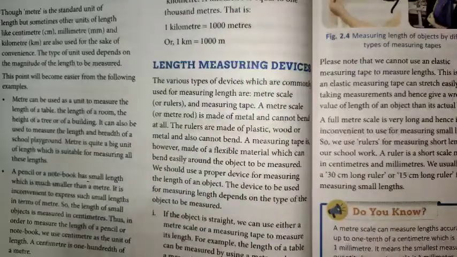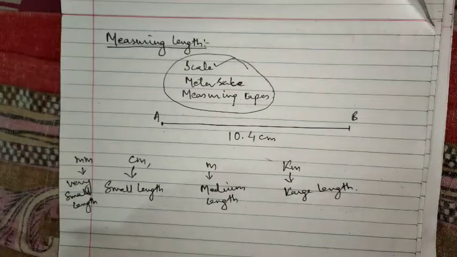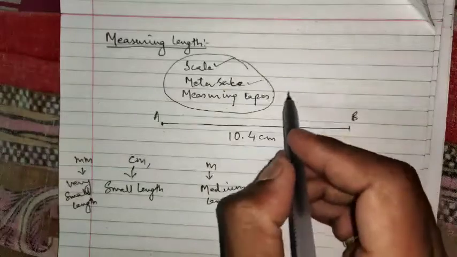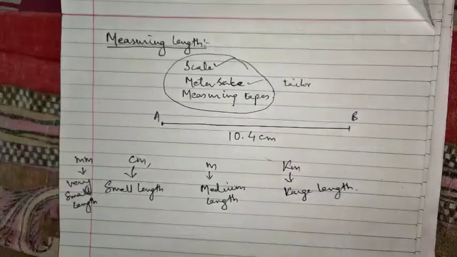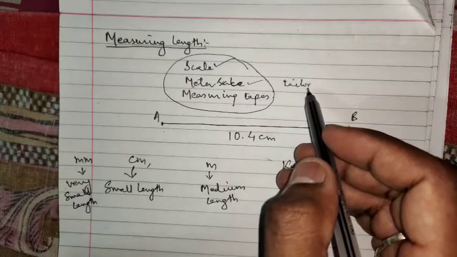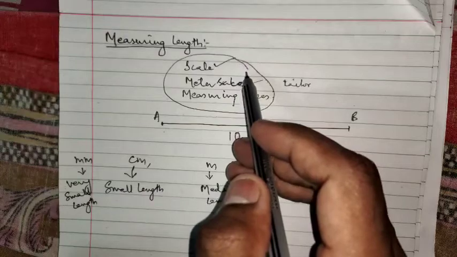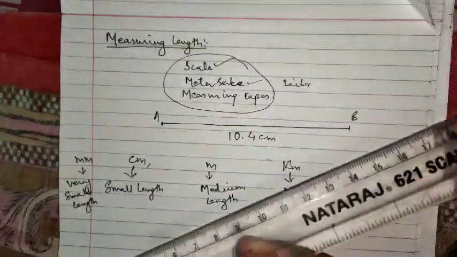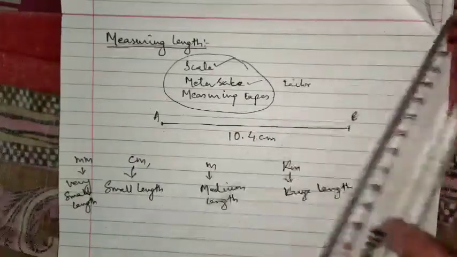As we have studied, there are so many length measuring devices. Here I have written about length measuring devices. The first is the scale. You can see in your book on page number 27, scale is given. Meter scale: you might have seen in a tailor shop that they keep a wooden scale of length 1 meter, or a steel scale of 1 meter. The small scale in our geometry box, that big scale, is of 1 foot, which means 30 centimeter.